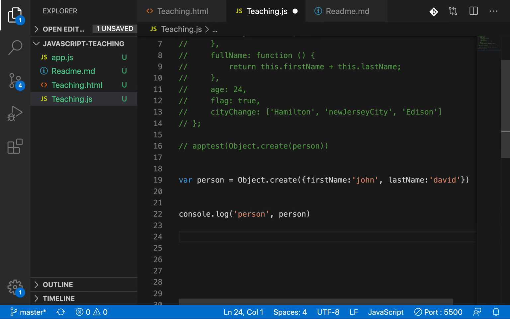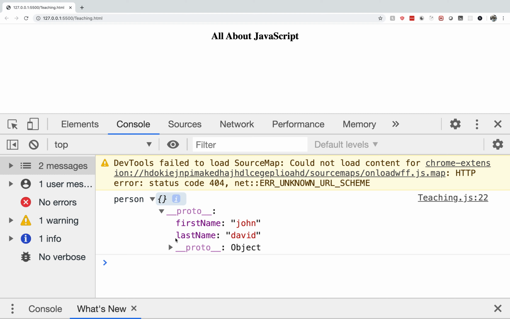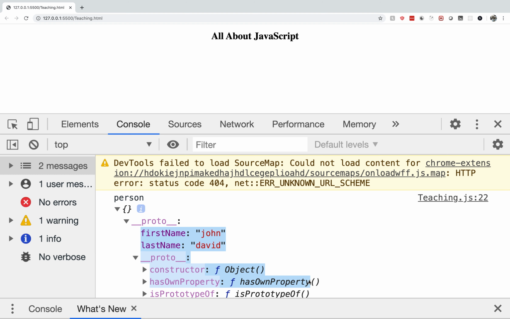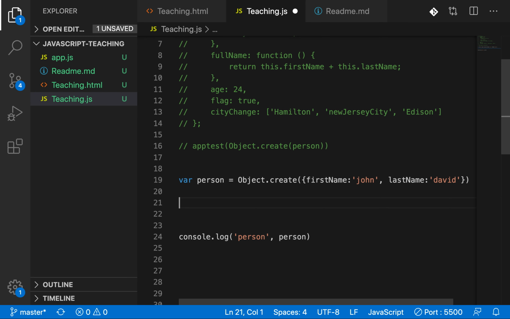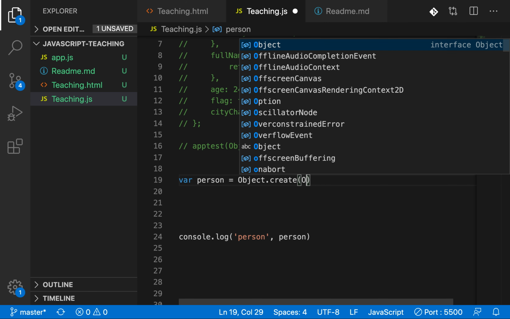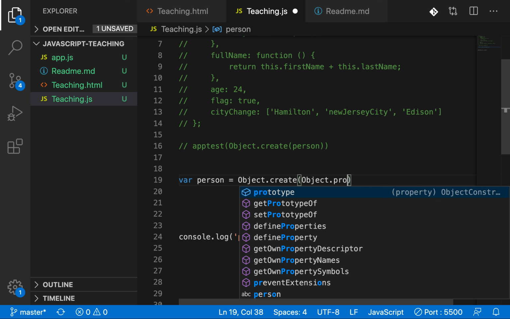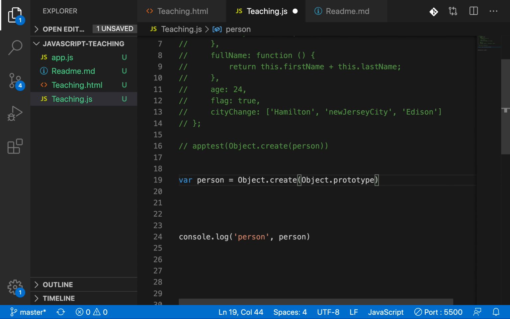But how do we create an empty object with it? The first argument is compulsory, but I just need an empty object. I don't want to define any properties in it. Yes, we can do that. It is a little bit different. Instead of passing first name and last name, since the argument is necessary, I will pass Object.prototype.